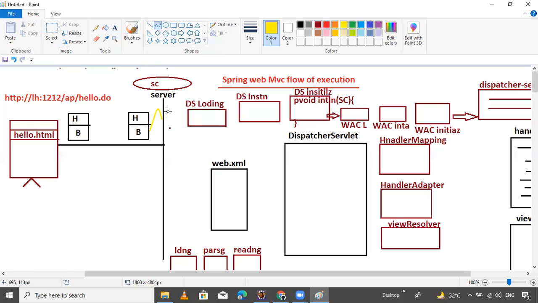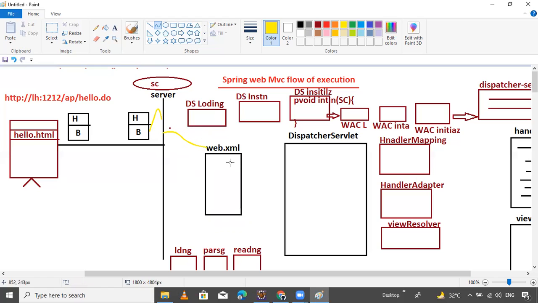And now, when the request comes to the container, it will search the web.xml file.